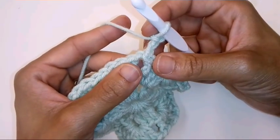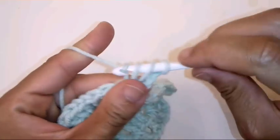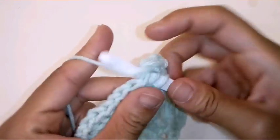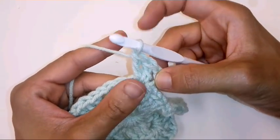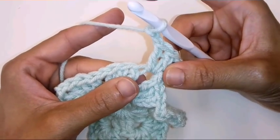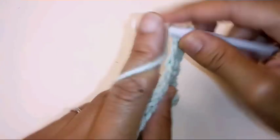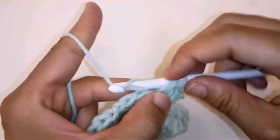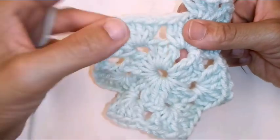So place 2 more double crochet into the very same space. 1 and 2. Since this is a corner, chain 2. 1, 2, cluster into the very same space. 1, 2, and 3. Now we're going to be working on the side of our work right here where there's a chain